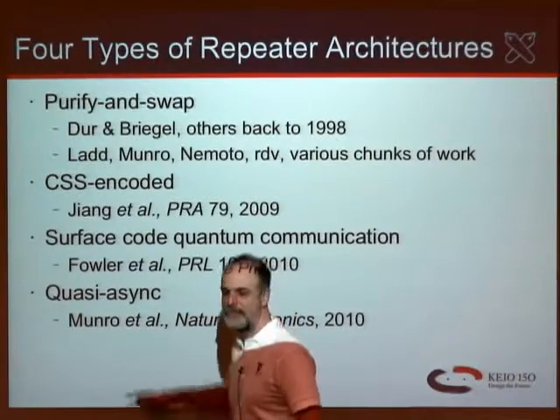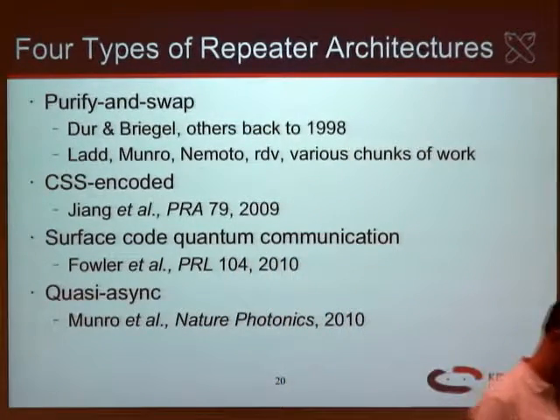So, let's see. What does the word quasi mean here? That's my term for this. Bill claims the entire architecture is fully asynchronous, and I don't think I really 100% believe that assertion. That's pretty much all the quasi means. You'll see in the behavior of a lot of the repeater networks, there are a lot of cases where, for example, when you're transmitting a quantum pulse, you send it across the fiber, and then you have to wait until you get a response back to whether or not that pulse actually arrived at the far end before you can do something with it. So that would be synchronous behavior.